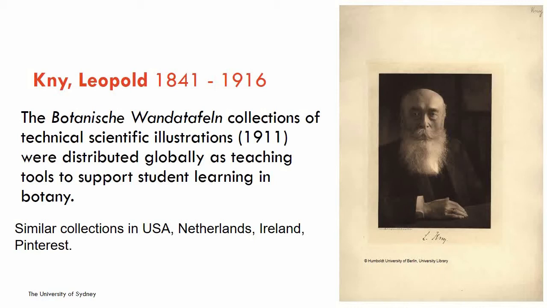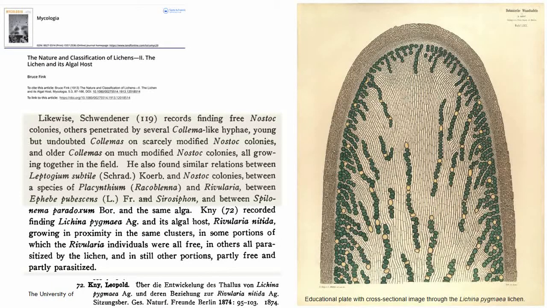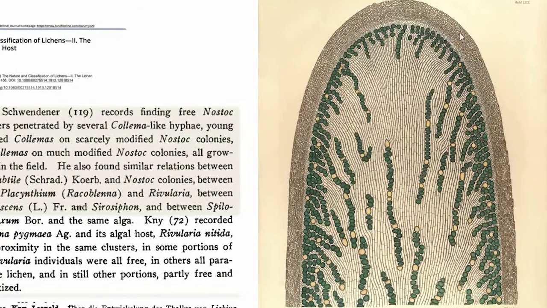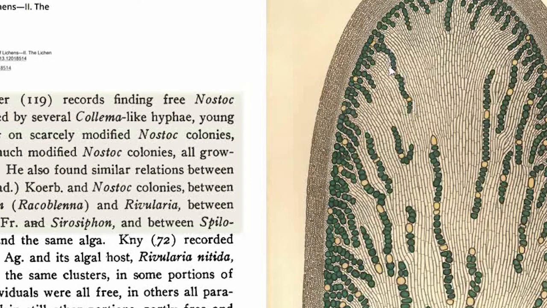Because this is where we're sitting, really. We're sitting between science and art when we're looking at these images over here. You don't have to be a botanist or a mycologist or somebody who studies algae to appreciate the beauty that's in these posters. So this is one of the posters we have in our collection. So this is a lichen. A lichen is a symbiosis between a fungus and an algae, and here's a cyanobacterial algae that's in association with the fungus to form this lichen.